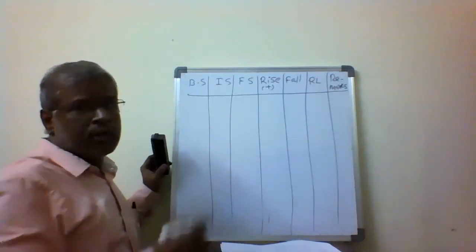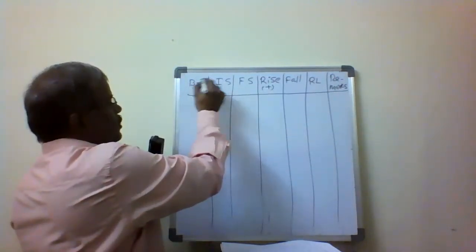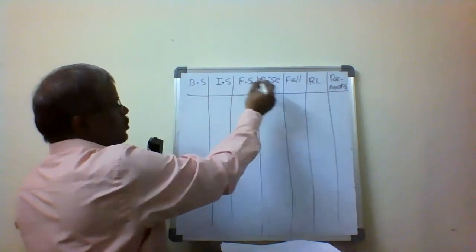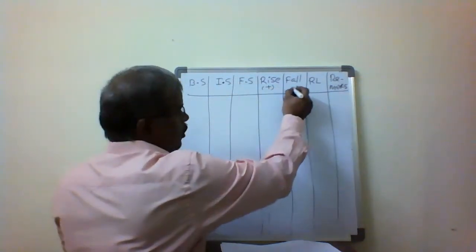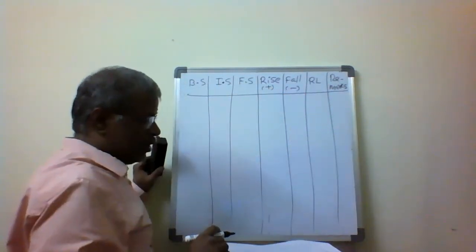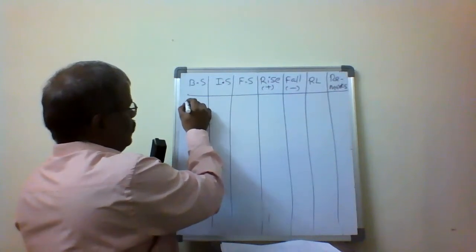So the columns are backsight, intermediate sight, foresight, rise, fall, RL and remarks. A fall is negative. So then 3.150